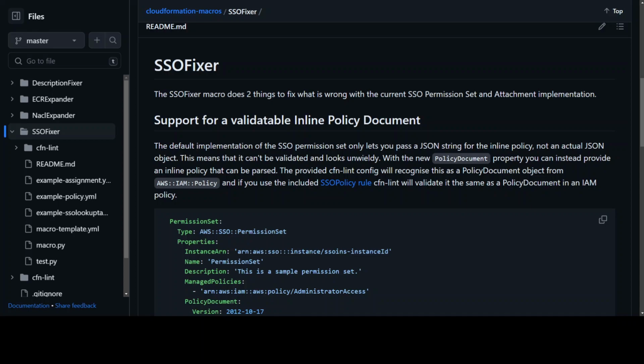CloudFormation macros are a must when you are doing advanced infrastructure as code stuff in AWS with AWS CloudFormation. But more often than not, there are a lot of security loopholes which you can encounter when implementing these macros. This tool, which you can see on your screen, SSOFixer, enables you to identify any security loopholes in your macros